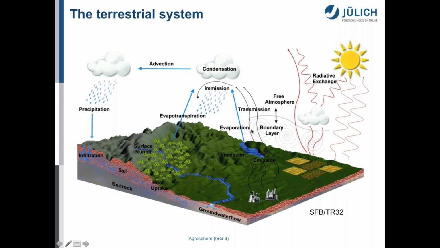So this is a very simplified cartoon, of course, but I feel it gives some impression, at least, of the important fluxes. What's maybe not so well depicted in this cartoon is the tremendous heterogeneity of the system. So we really deal with variability in parameters, in biogeochemical parameters, in physical parameters, from sub-centimeters to hundreds maybe or thousands of kilometers. And the same is true for the states like temperature, humidity, and also the fluxes that we just discussed. Another aspect that we try to depict here is, of course, the human impact.